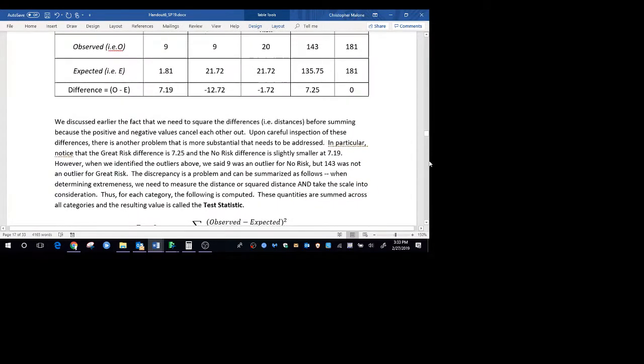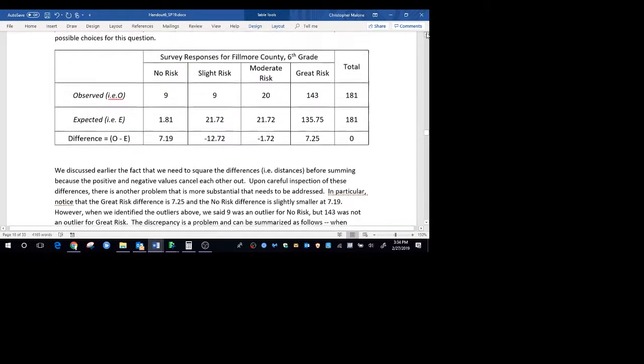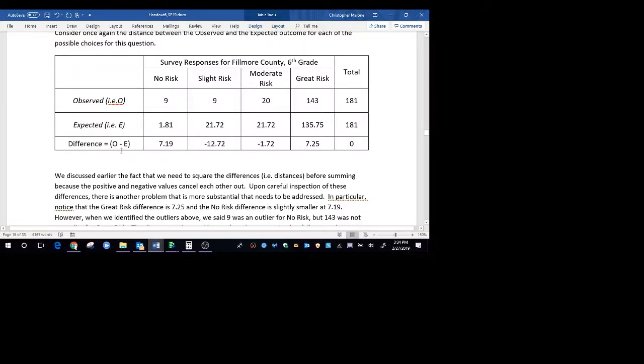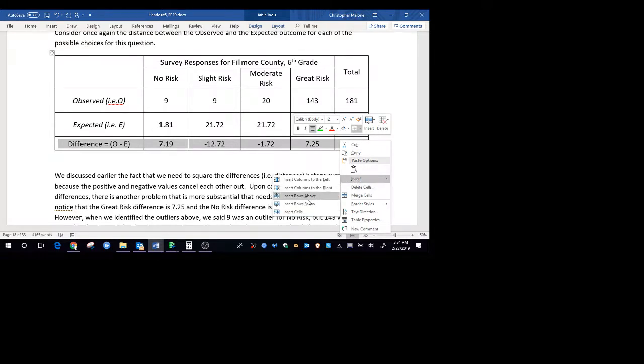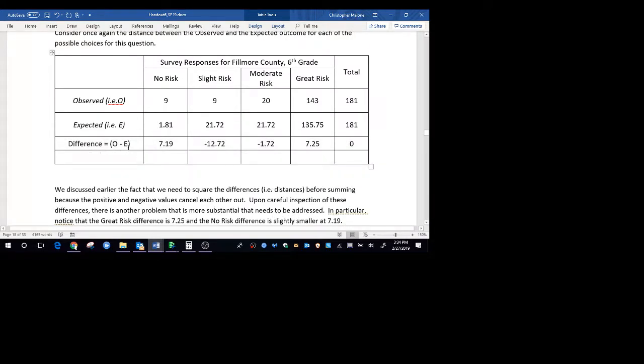Now, let's go ahead and do that. So that's what's on page 18 here. If we look at the table on the top of page 18, I'm just going to go ahead and compute the observed minus the expected. And then I would actually need to square this as well. So maybe I should insert another row in this table and make that really obvious. What we end up doing is taking those observed minus the expected and squaring them.